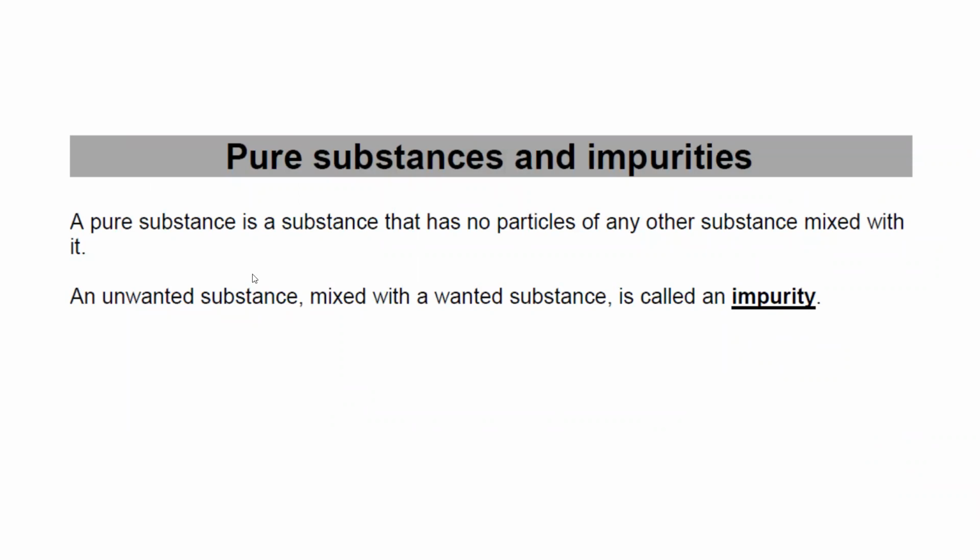Then what do we call a pure substance or an impure substance, or how do we know that the substance is pure or impure? A pure substance is a substance that has no particles of any other substance mixed with it. For example,